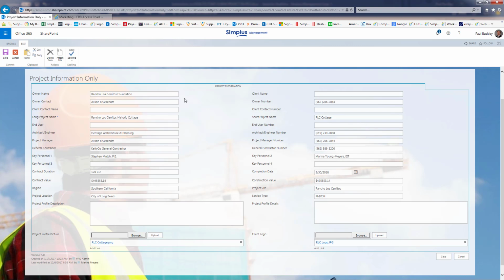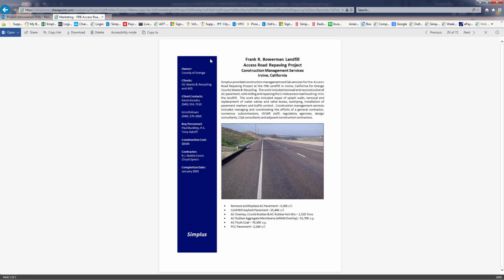Now, the purpose of this project information page is really for internal marketing. So what we use this for is Simplus takes every project that we complete or work on, and we create a project profile sheet for marketing purposes. We include these sheets in proposals. All of the information about key staff members, who the owner and agency is, the value of the project is